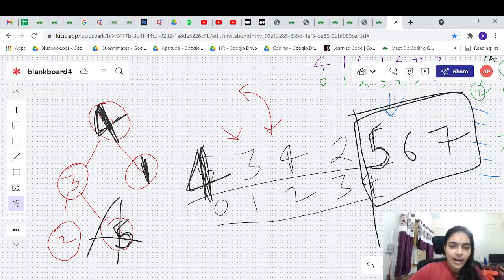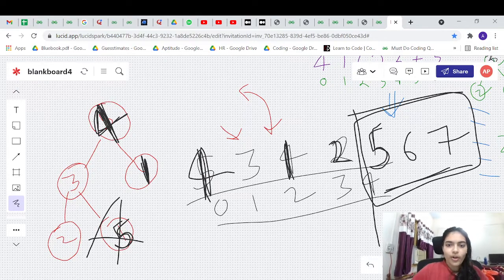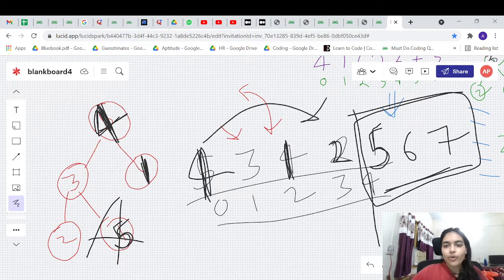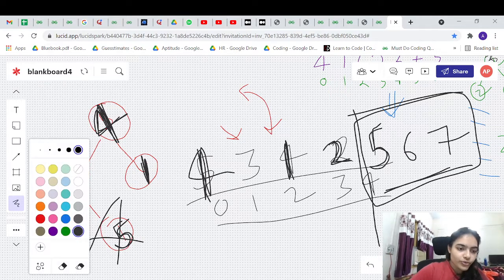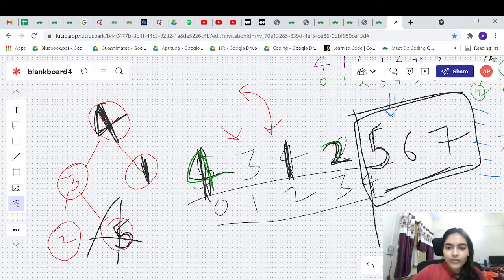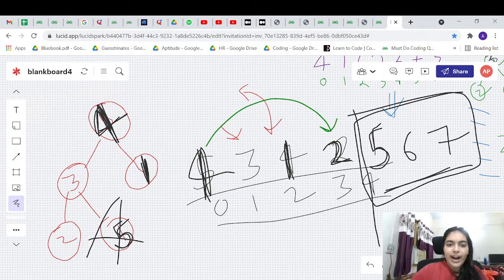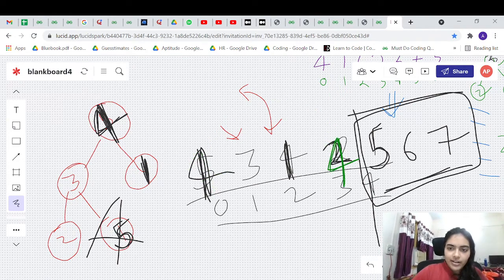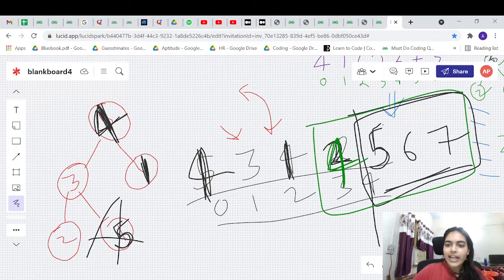Okay, so what is the array now? 4, 3, 1, 2 is the array. Okay, and you have sorted all this part. Again get the topmost value. Which is the topmost value? 4 is the topmost value. How will you get the topmost value? Just push it to its position, right? 4 should come here. Now this is the remaining part of the array, 4, 3, 1, 2. So where should 4 go? Let me take another color. This is 4. 4 should go at this part, right? So when you put 4 at this part, 4, 5, 6, 7, you have got this entire part sorted, right?